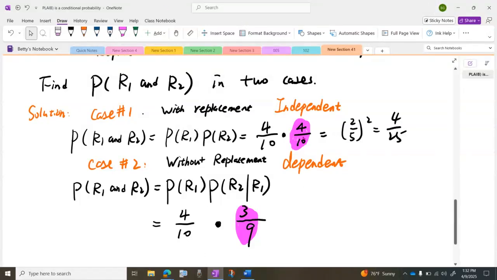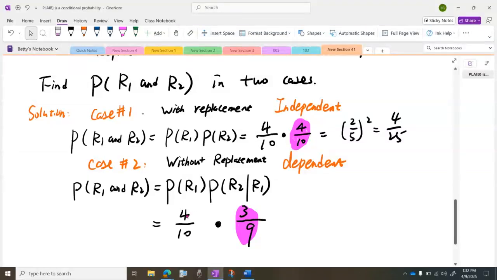That's the probability of getting a red marble the second time. In the case with replacement, when we get a second marble, we still choose one from the 10 marbles available. Among the 10 marbles, we still have 4 red. So the probability of getting a red marble the second time is 4/10. But in the case without replacement, the chance of getting a red marble the second time really depends on